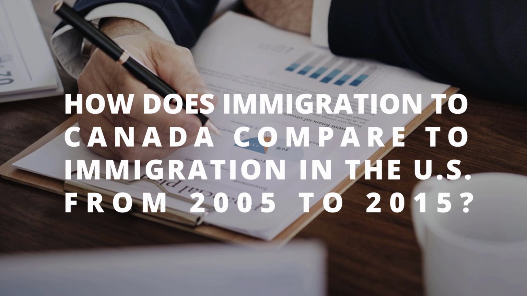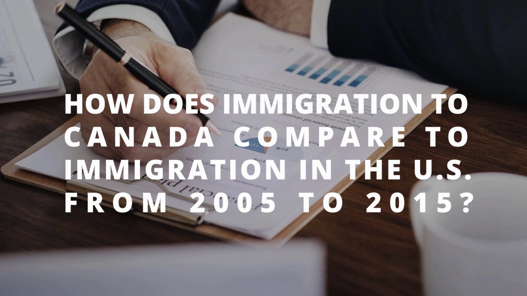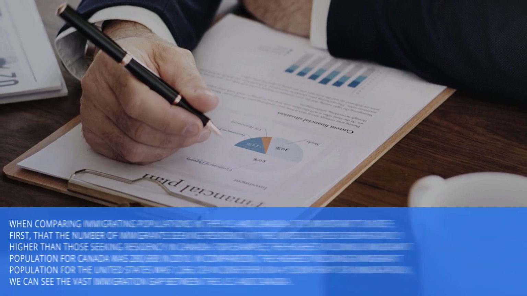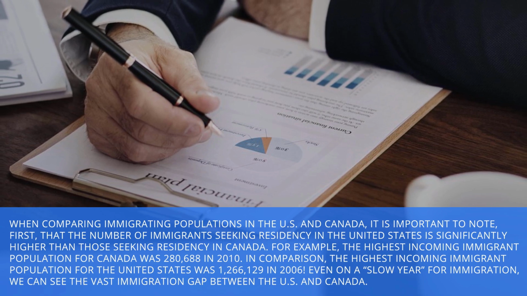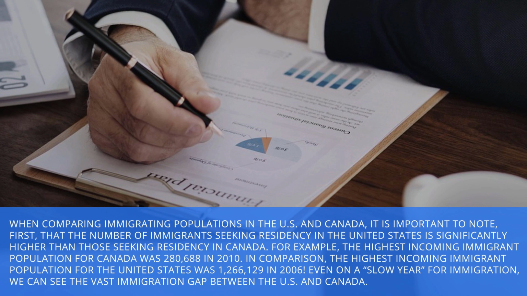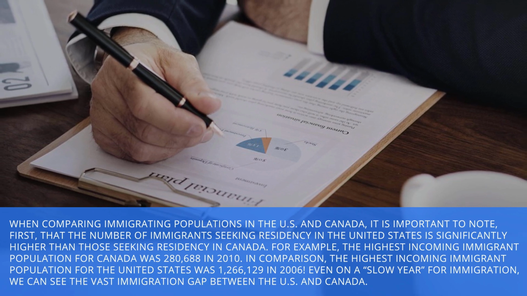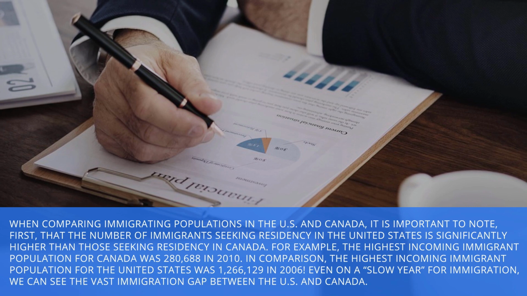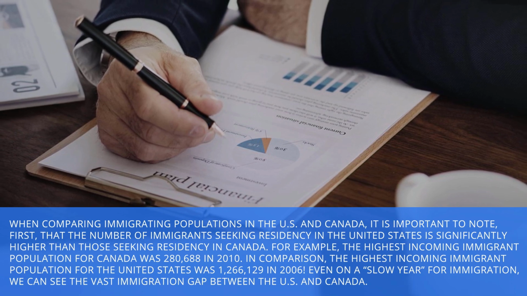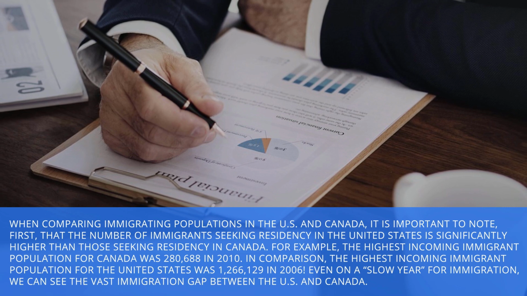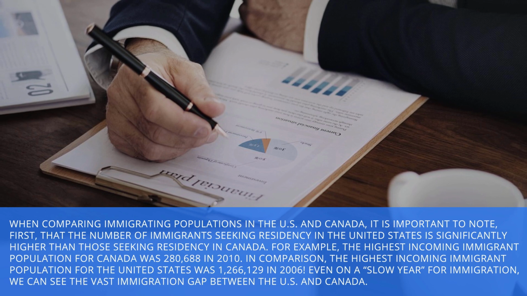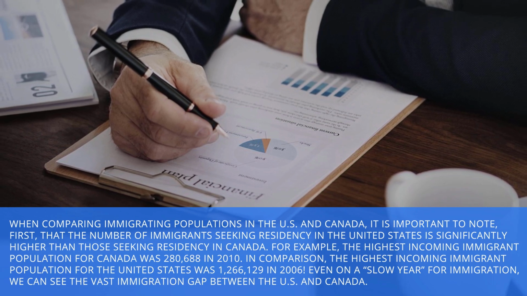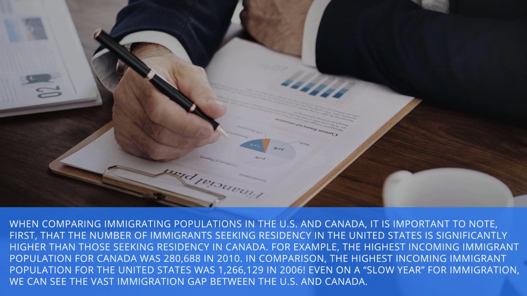How does immigration to Canada compare to immigration in the US from 2005 to 2015? When comparing immigration populations in the US and Canada, it is important to note, first, that the number of immigrants seeking residency in the United States is significantly higher than those seeking residency in Canada. For example, the highest incoming immigrant population for Canada was 280,688 in 2010. In comparison, the highest incoming immigrant population for the United States was